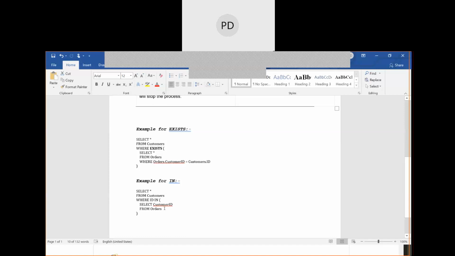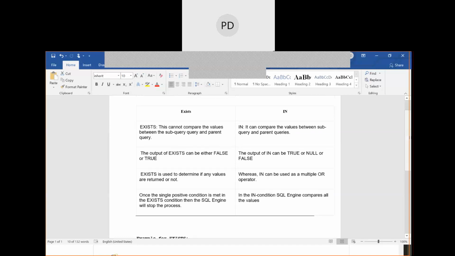So for all those ids we are going to get the respective details from the customers table. The output of the IN operator can be either true, null, or false.